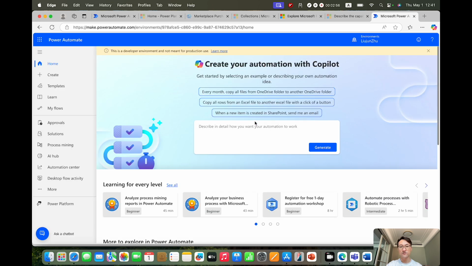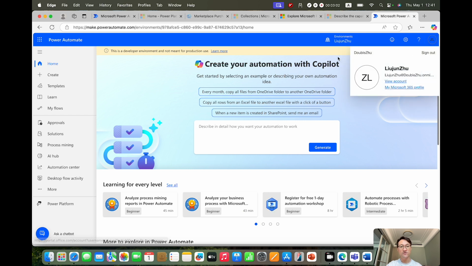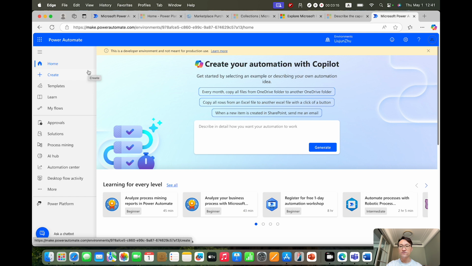Then it will just log you into your account. Currently I have an account and environment set up for myself, so it will just automatically log into the account. But if it is your first time, you will have to type in your user credentials to log in to the website. Okay, so on the left of the Power Automate homepage, you can see all the navigation